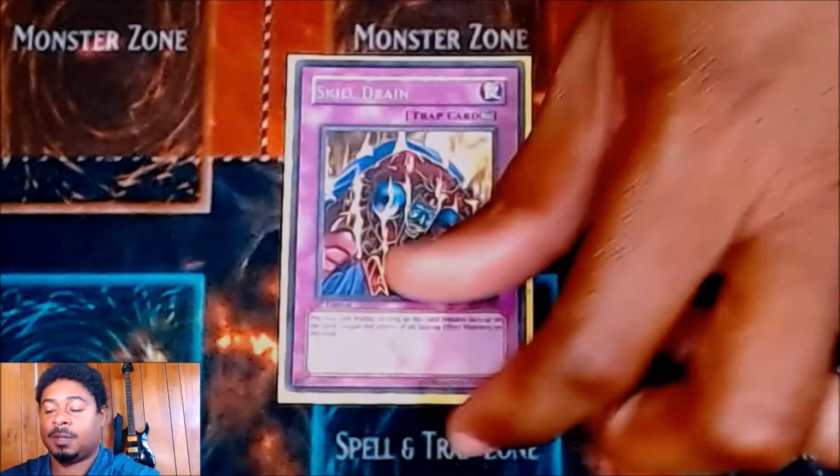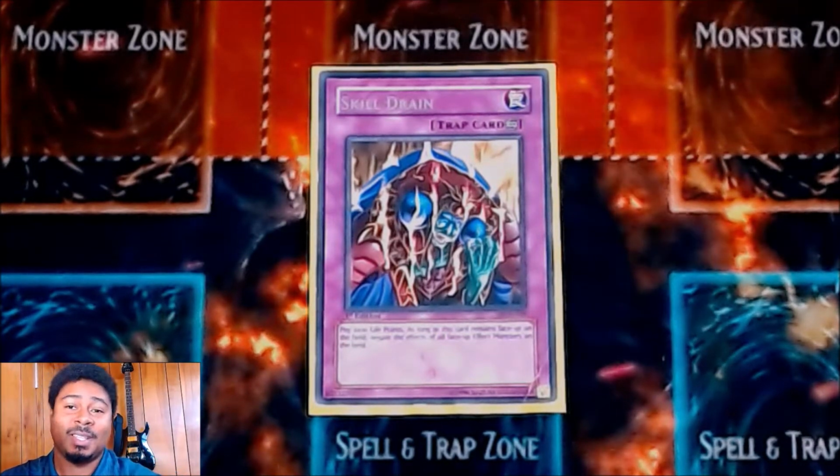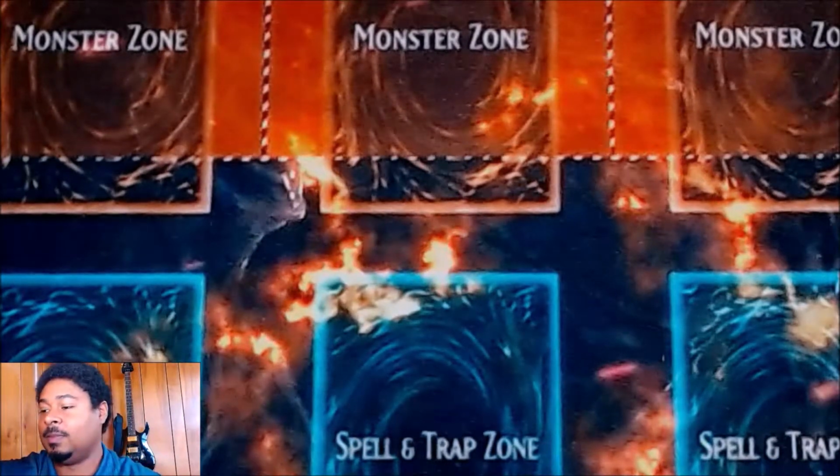And lastly, for the traps, I'm running 1 Skill Drain, because if push comes to shove, you're already running normal monsters, make your opponent run normal monsters also, and you just go to a beatdown battle after that. But that's it for the main deck. For the extra deck,